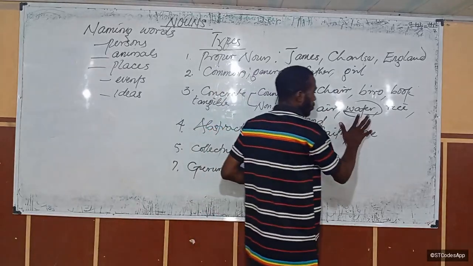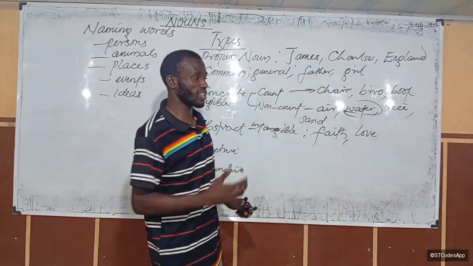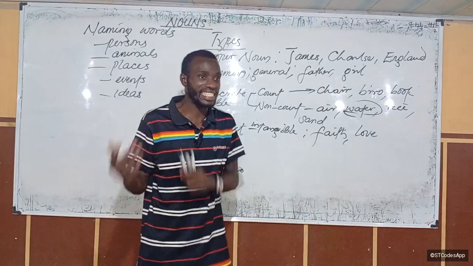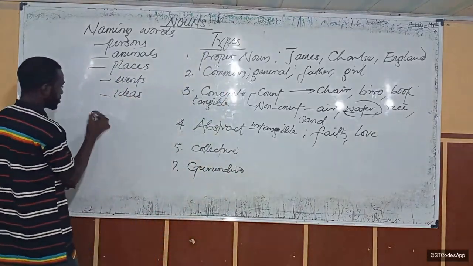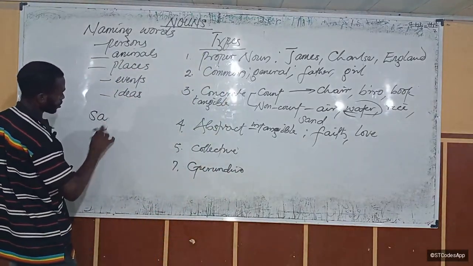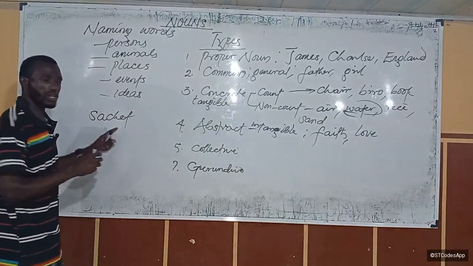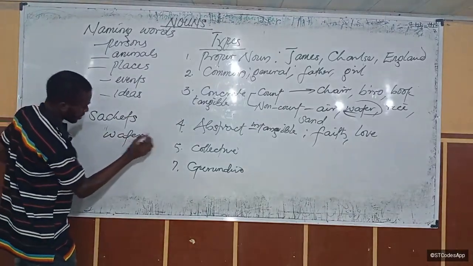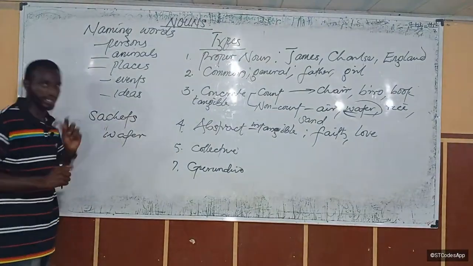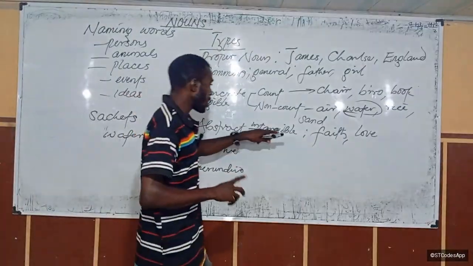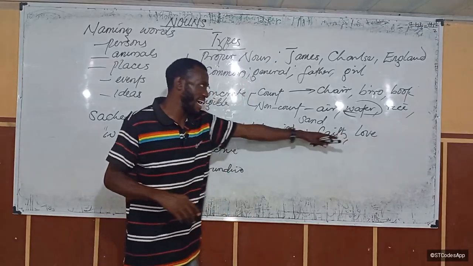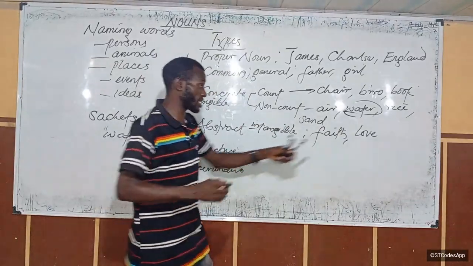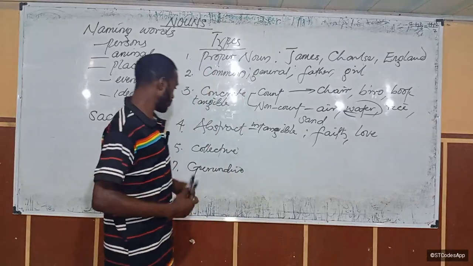We don't say waters. We say water. Give me some water. We don't say give me some waters. Even when we want to say two sachets, we say two sachets of water. We don't say two sachets of waters. Is that okay? All right. We don't pluralize these at all: faiths, loves, many loves, except if this were a verb.